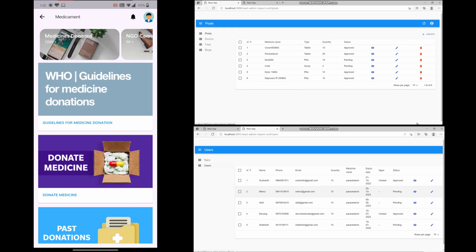Hence our application is secure and user friendly. As you can see, we have created a mobile application for users, a website for NGOs and an admin panel. We have connected these 3 applications using the Firebase database, which works in real time. Our system provides a common platform for users and all the NGOs to communicate in an easier way.